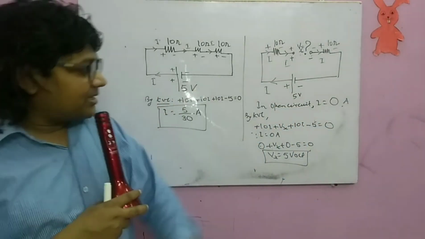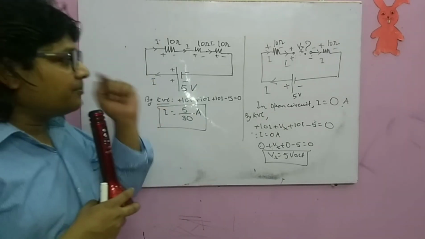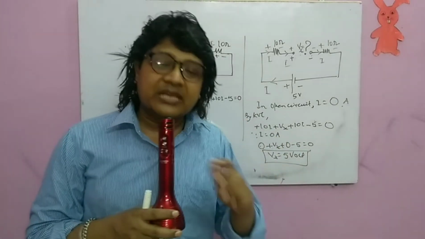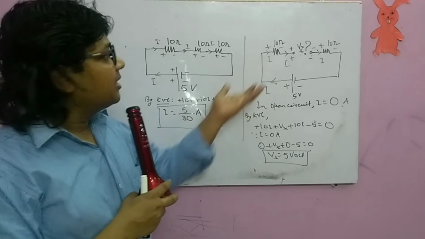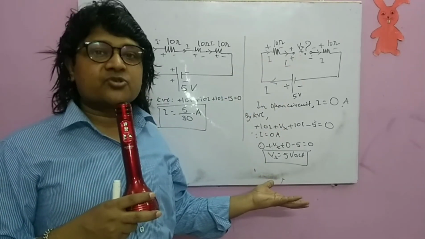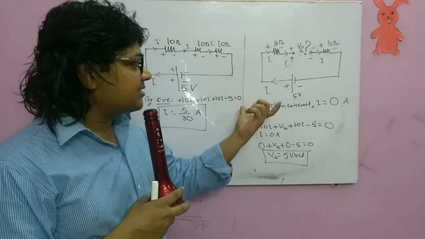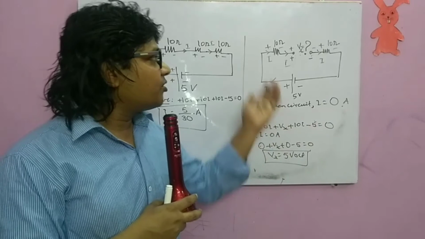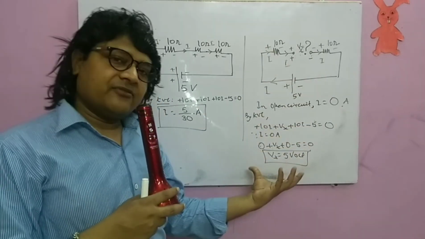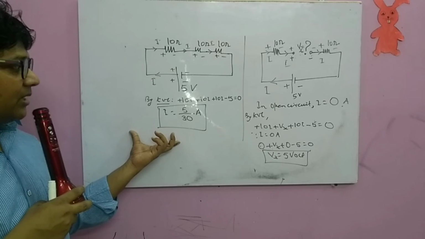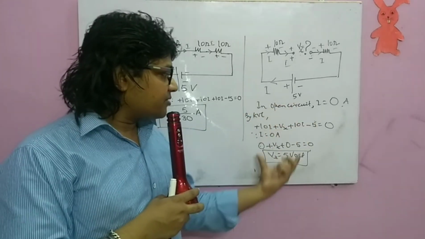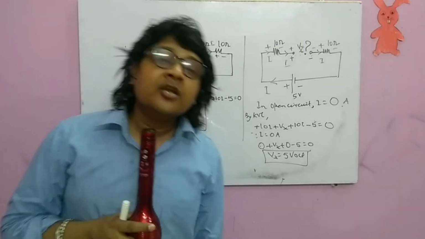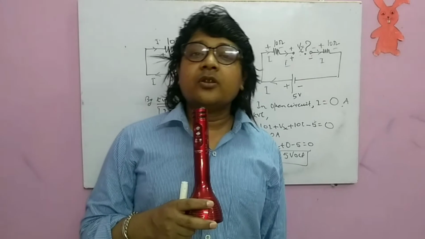Next time also I'll come up with this type of problem, I'll discuss it with you, and I'll make each and every concept clear. Here nothing was a big story. It was a very simple story: in an open circuit there is no flow of current, the current is zero. So we use the same KVL we applied before, making I equal to 0, and we get Vx equal to 5 volt. So the answer was correct. Don't lose heart.